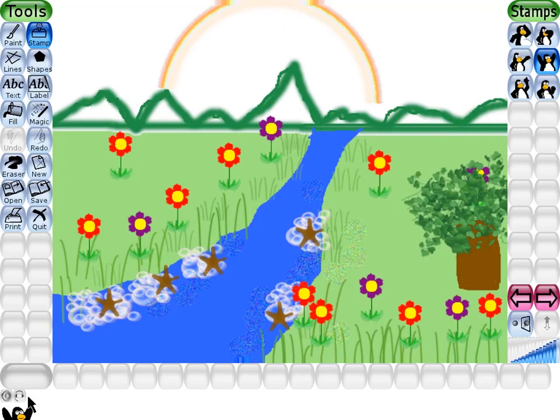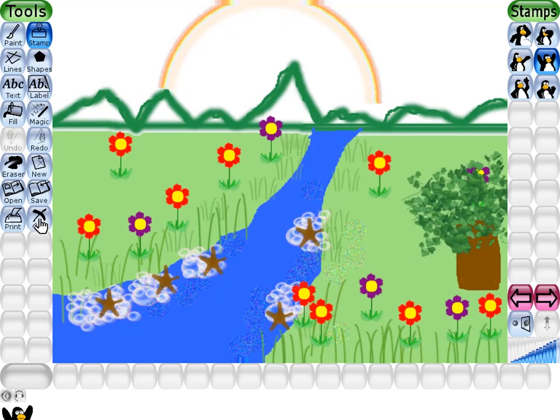Now let us know about the quit tool. What is the use of quit tool? The quit tool is used to close TuxPaint. When you click quit tool, TuxPaint prompts you to save your picture, if it is not saved. This is the toolbar children. Click on this toolbar, and this is the quit tool. Click on this quit tool to close TuxPaint.